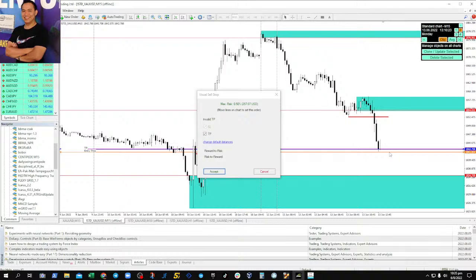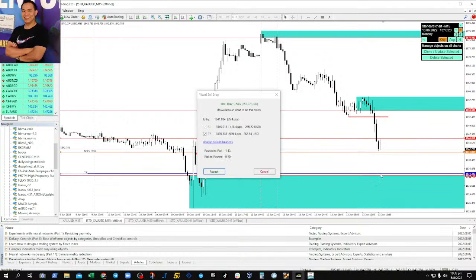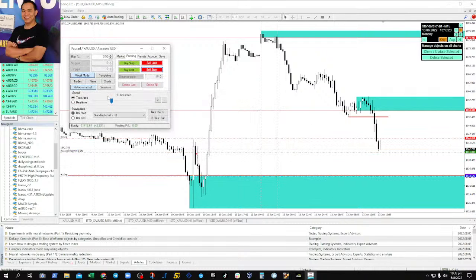Let's say we put our stop below this candle. Our TP target will be the demand zone, and our stop is about 40 pips. Okay, that's fine because this is the high of this candle. So let's take this sell and see what happened. Boom, it triggered. Now the sell is triggered,